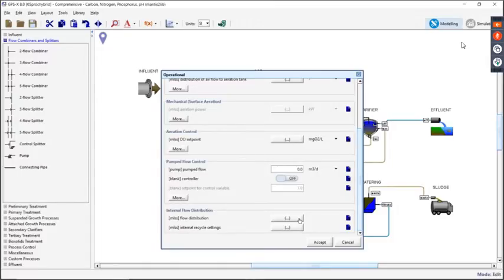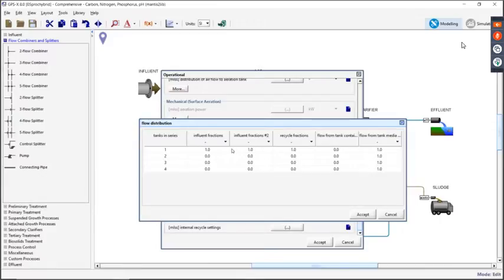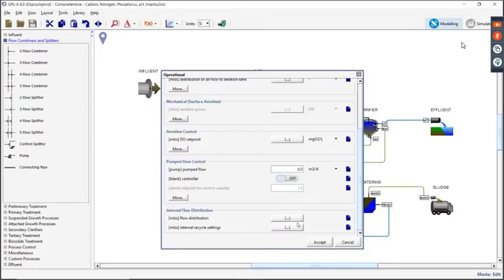The IFAS object was the best example of this because we had settings for volumes, for airflow distribution, for things like the media fill fraction, recycle rates. There was a list of about 6 or 7 things here. So what we've done now is organize those into a table. Previously I would have had a button for each of these things, but they're now listed together in one table. They can be dragged onto sliders and everything just as before, but now it's a little easier to handle and organize.